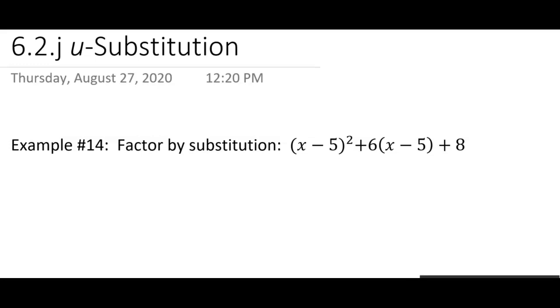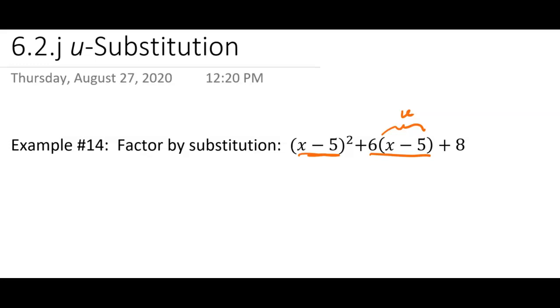So we're going to look at this problem, and you might look at it first and go, oh, what a mess, you know, you got all that stuff in there. But it says to factor by substitution. So we're going to look at that middle term right there. It says 6x minus 5. This is the part we want the u to be. Now it has to match over here. It does, because they wouldn't ask us to do it by u substitution if it couldn't be done.